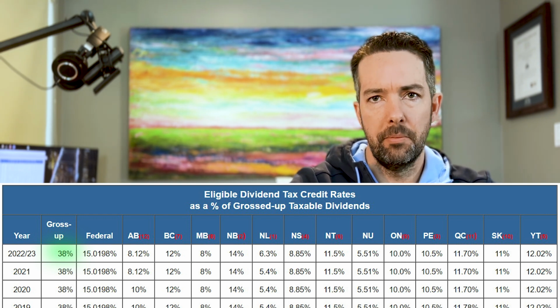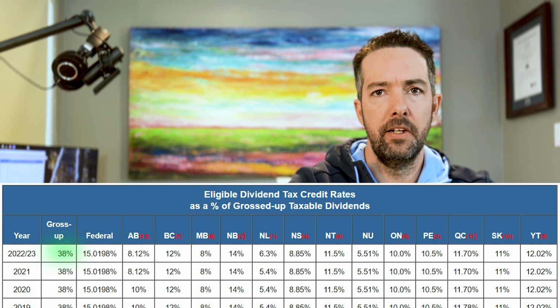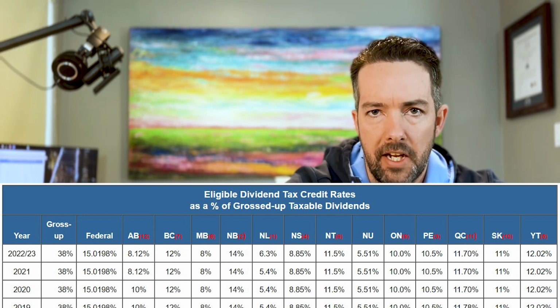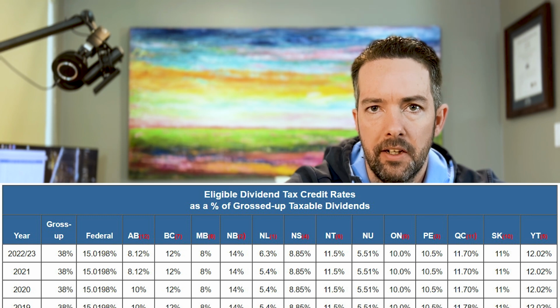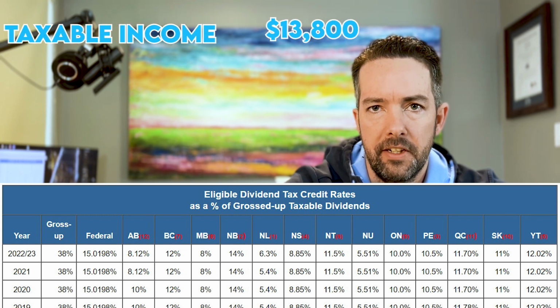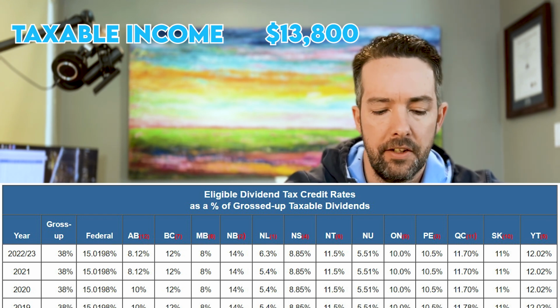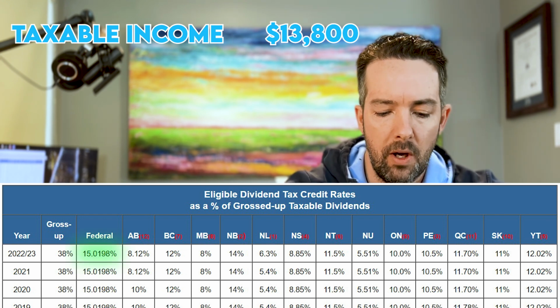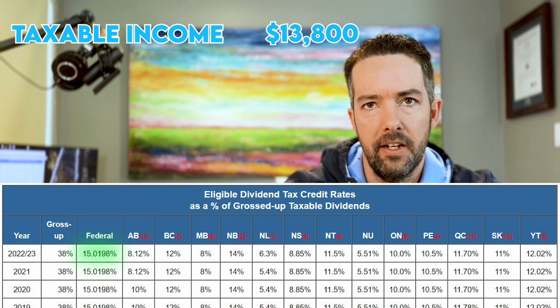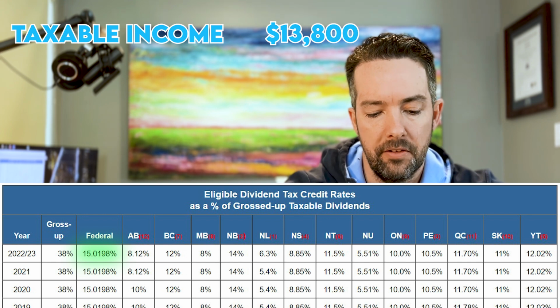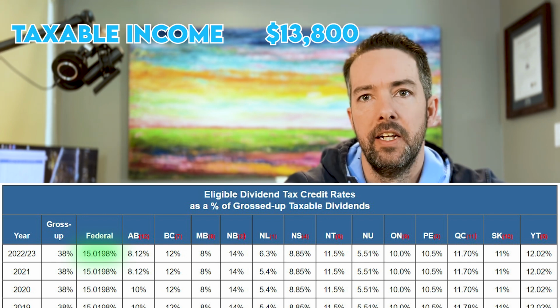So we've got this amount that is grossed up by 38%, but then you get a dividend tax credit, both federally and provincially. Okay, so we had $10,000 of dividend income. It was grossed up to $13,800. The federal tax credit is 15.0198%. So 13,800 times 15.0198% equals